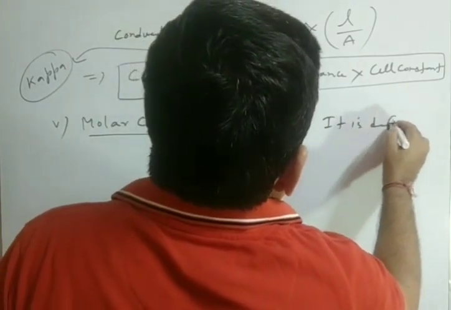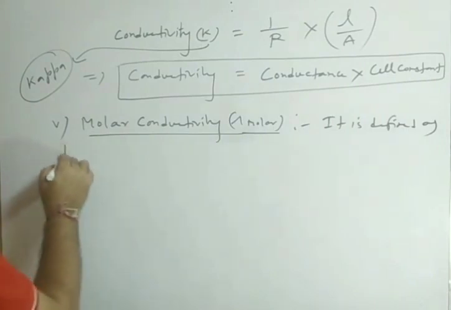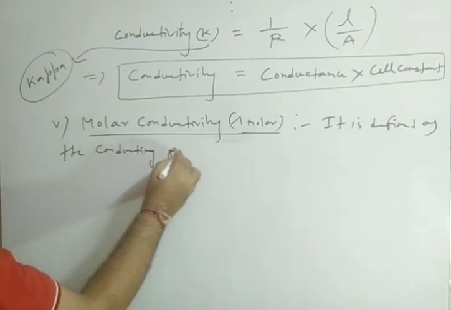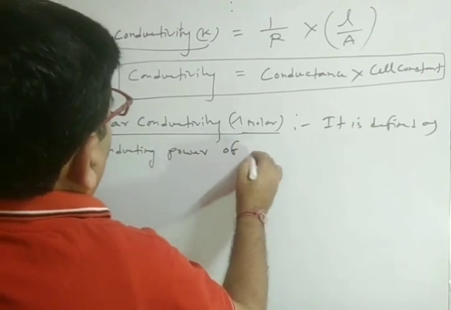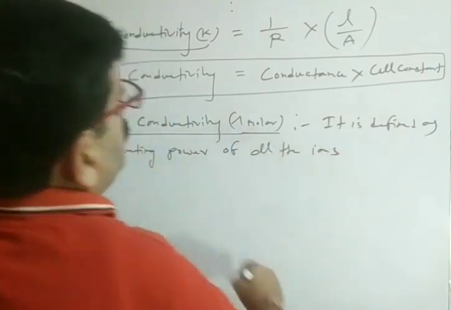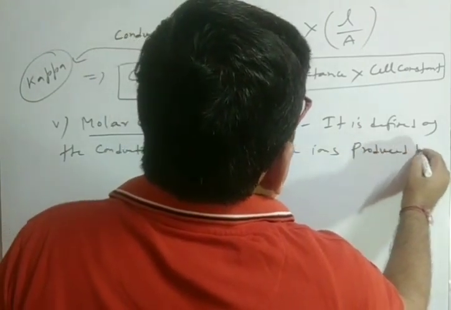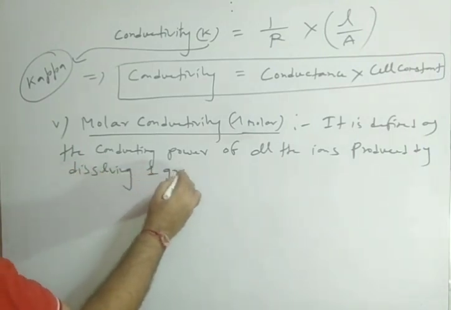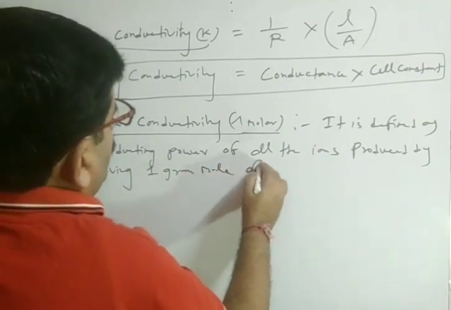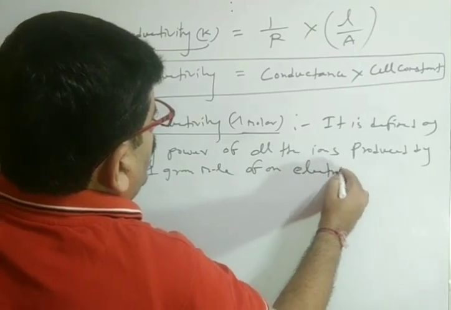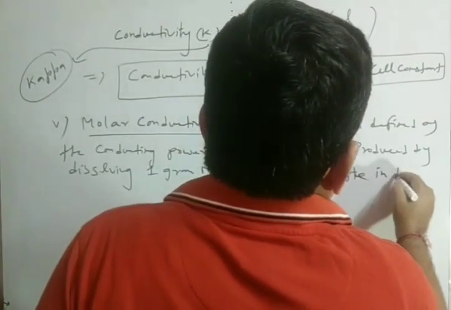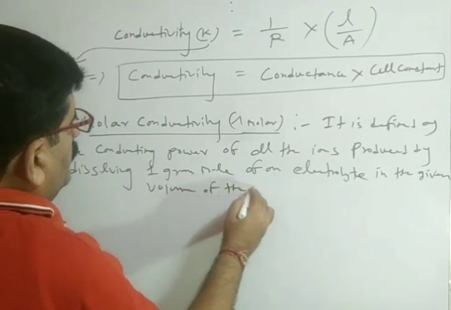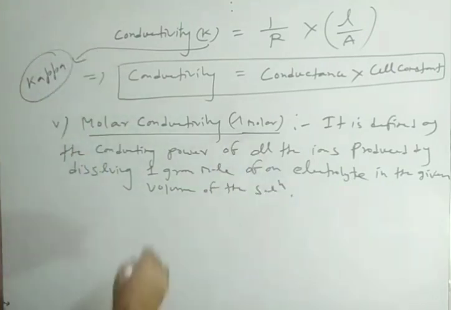It is defined as the conducting power of all the ions produced by dissolving 1 gram mole of an electrolyte in the given volume of the solution. So mathematically,